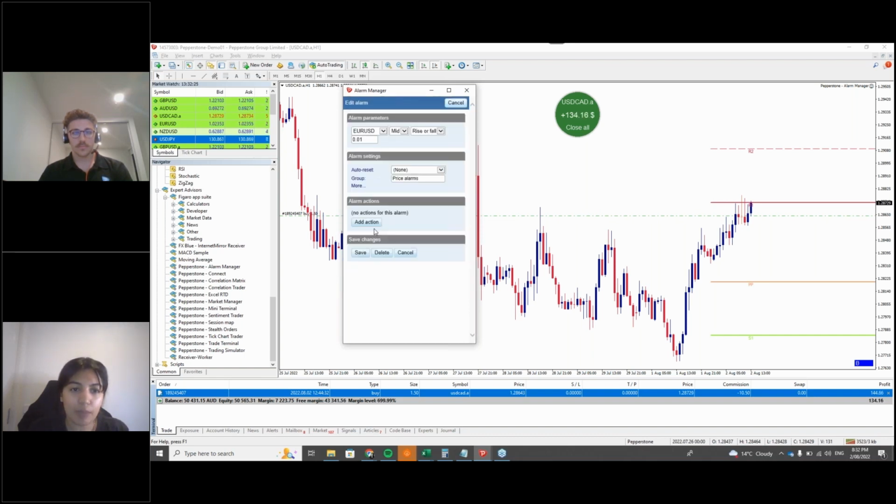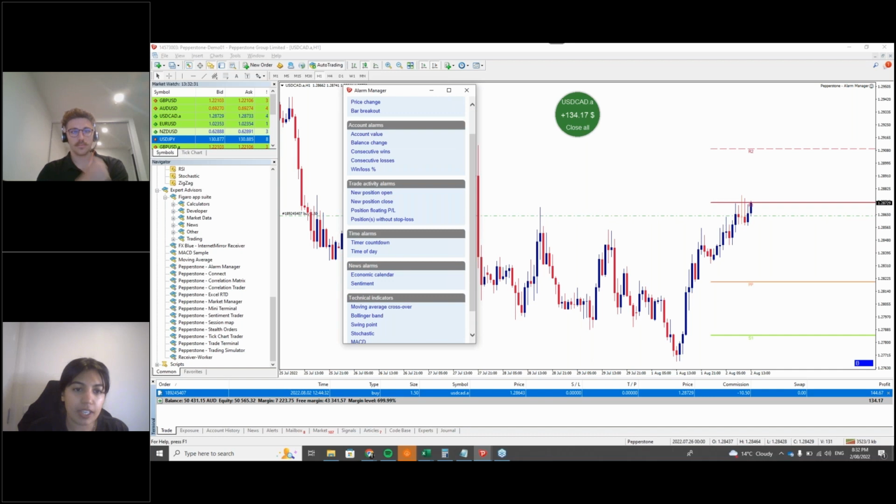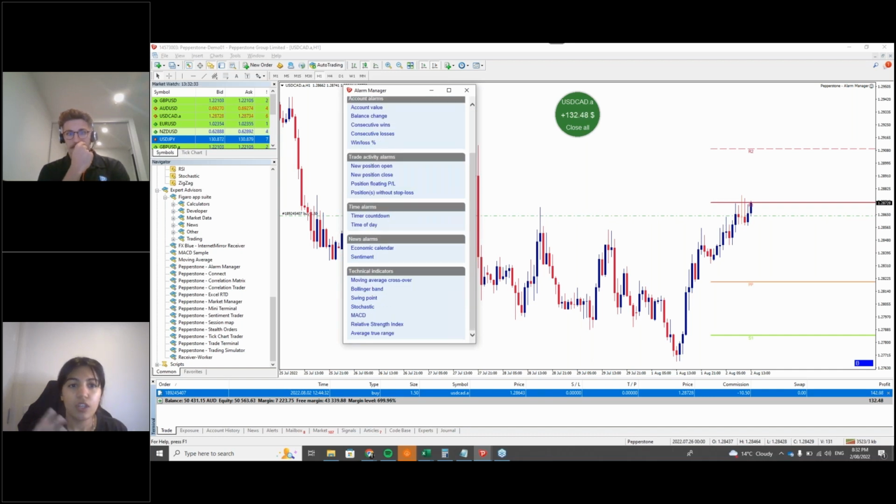The one I really like about this, though, is the price alarms and trade activity alarms. What the price alarms allow you to do is use your technical analysis to be alerted, and that's essentially what signals are. That's what EA's robotic algorithmic trading does: it monitors all these things and uses those to place the trades. This is a version of it that you can use